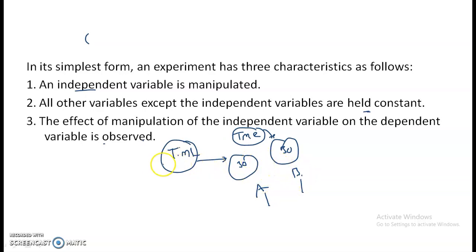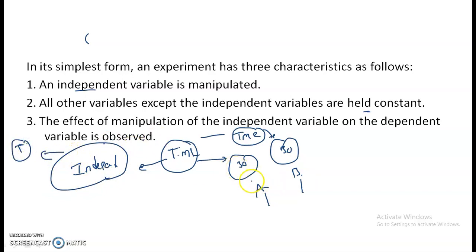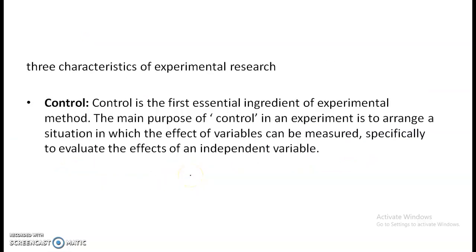So in this case, teaching methodology comes under the independent variable, and this is controlled by the teacher or the researcher. Group A and group B, whatever members are in them, are called the dependent variable. Why? Because these students depend upon the teaching methodology. That means the students depend upon the independent variable. That's why they come under the dependent variable and the teaching methodology comes under the independent variable. So in experimental research, we try to find out the relation between the independent variables and the dependent variables.